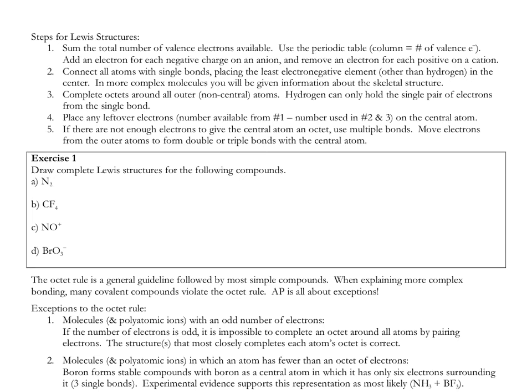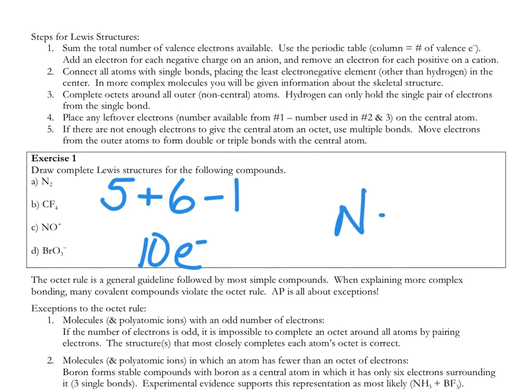NO plus, we would have 5 electrons from nitrogen. Oxygen has 6 electrons, but a positive charge means I have 1 fewer electron. So instead of having 11 electrons, I only have 10. And this should sound somewhat familiar. I've got nitrogen bonded to something else with 10 electrons available. So I could start by doing this,